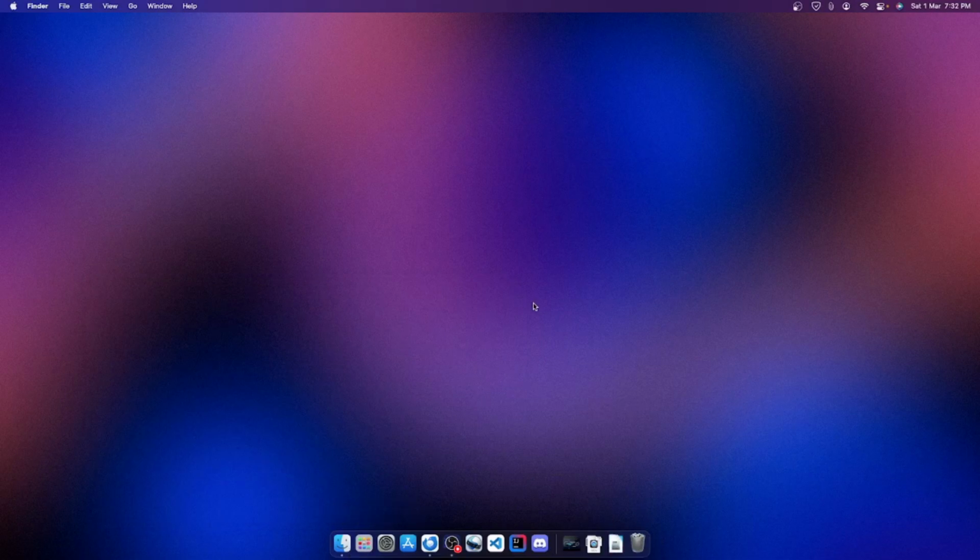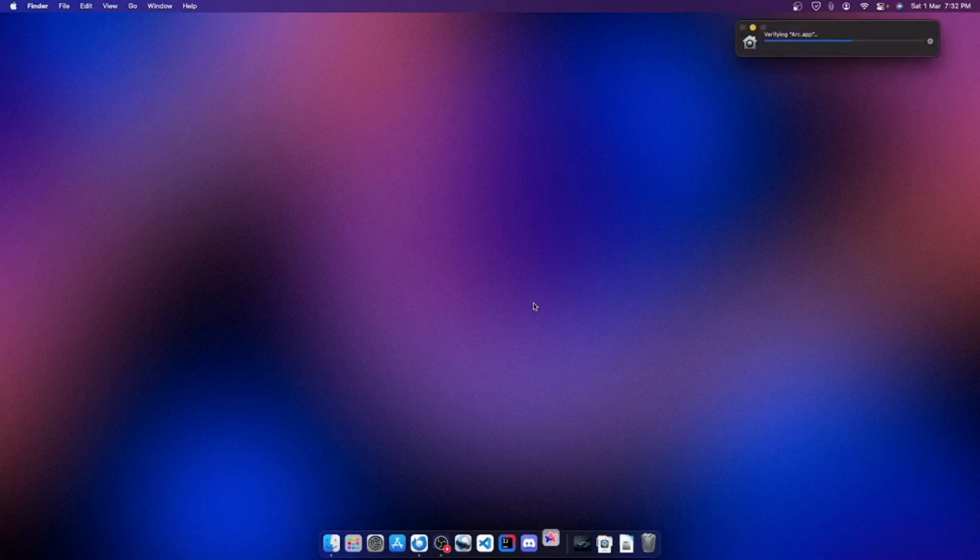Now if you press Command Space and type arc.app, we can open this and you must hear the intro. Oh come on, why do you have to verify? Oh my gosh, macOS. So let it verify, and when it verifies, it will launch.